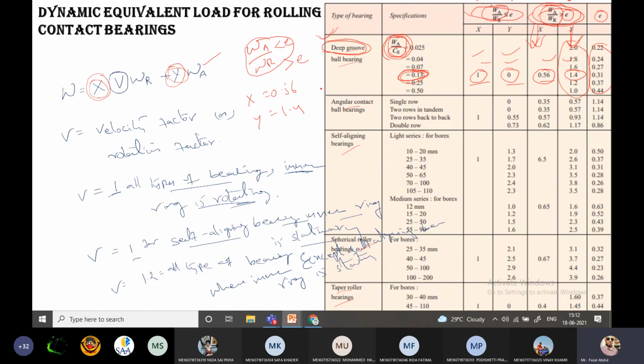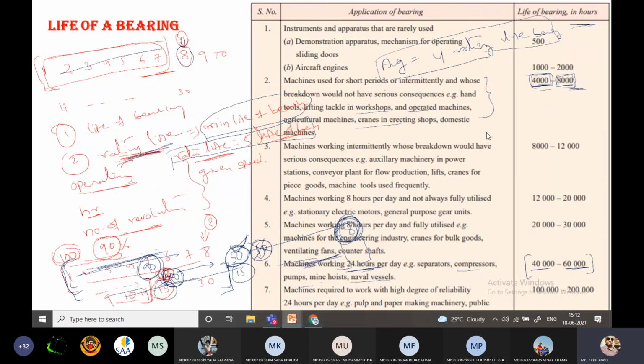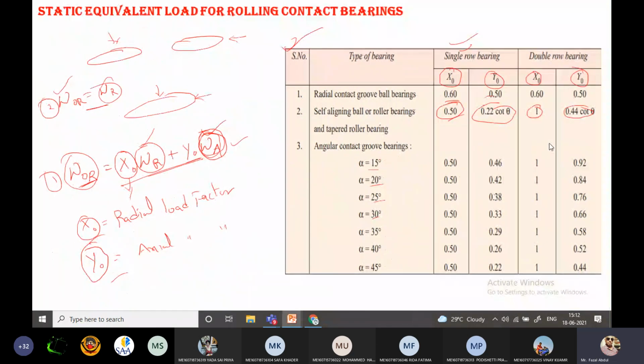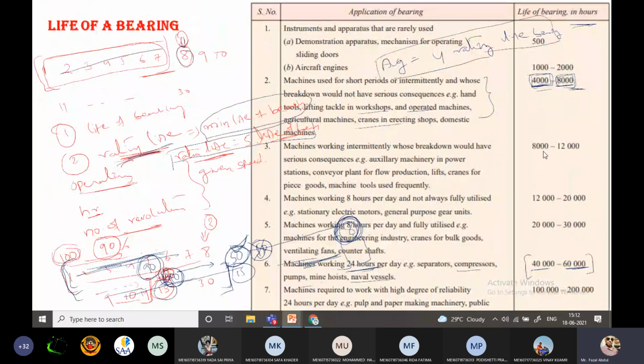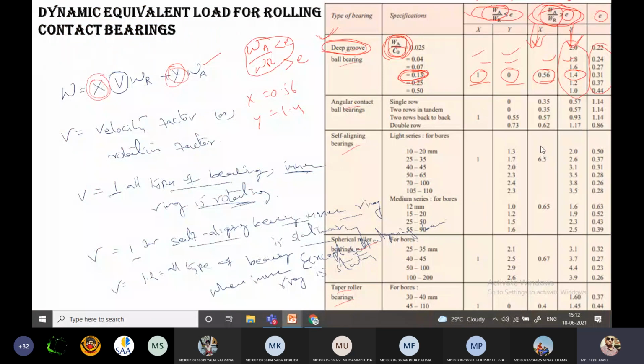For this kind of problem, the data book is very important, because we can remember all the equations, but it is impossible to remember all such values. In the dynamic load, you can also find the number of working hours, and there are many values, so it is difficult to remember them all. So while you are writing the exam, better ask the invigilator to provide the data book.